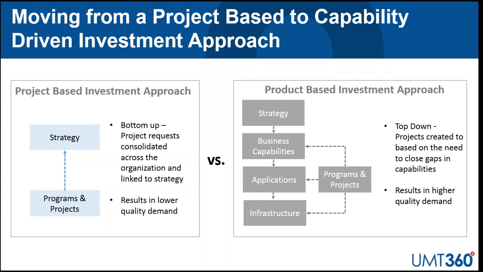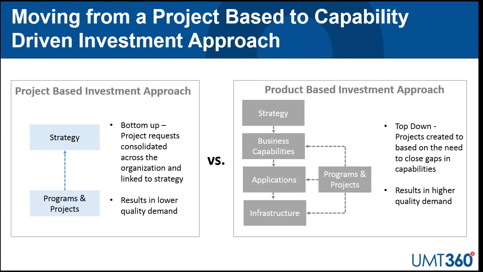Do we actually have an innovation problem? Do we have a suboptimal set of demand in the first place? So what we're seeing the market do at the moment, and certainly this is echoed by Gartner, is move to more of a product-based investment approach, what we refer to as a capability-driven investment approach, which is a true top-down